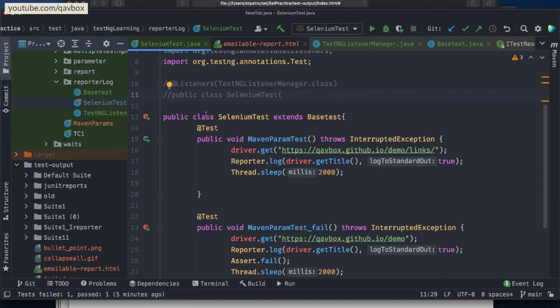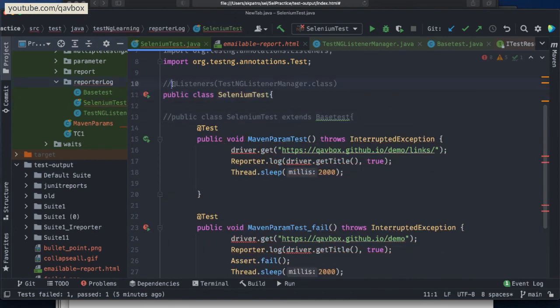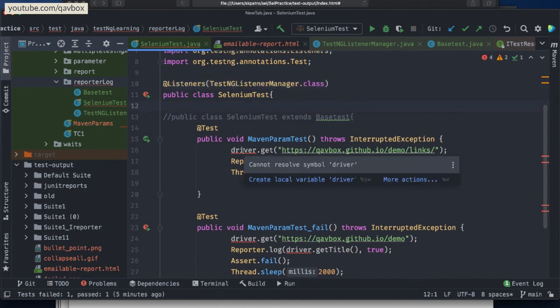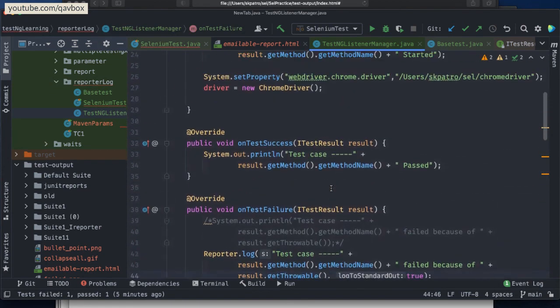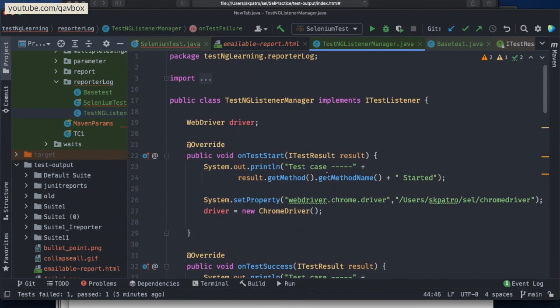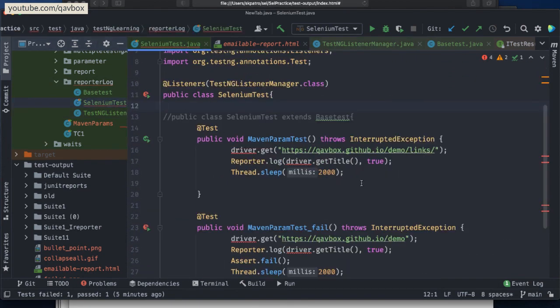The one thing I will show you here, you might get an error: your driver object will throw an error, because test engine listener is a different class, and your actual test case is a different class. We are not extending this test engine listener, so you cannot use the driver object.